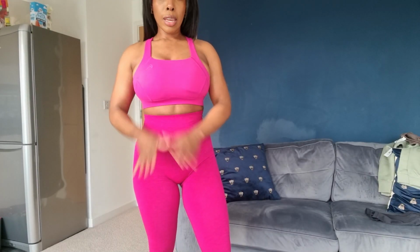So moving on to the leggings, these are really comfortable. And now obviously, as I said, I've never ordered from ONER Active before, and I ordered everything in a medium. I feel like I could have done with a small in the leggings, but then saying that, I am looking to build up some legs and some glutes in the new year, so potentially that's not going to be a problem. But what I did find interesting was that with the Timeless collection, I felt like I could have sized up, and with the Effortless, I felt like I could have sized down. So if you are in between sizes, it may be worth ordering more than one size and really seeing where you fit, because